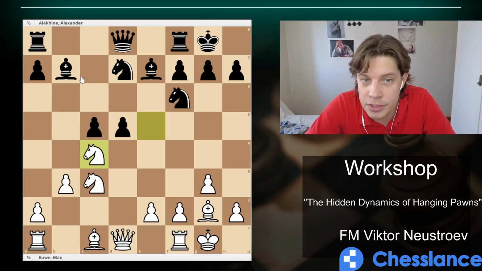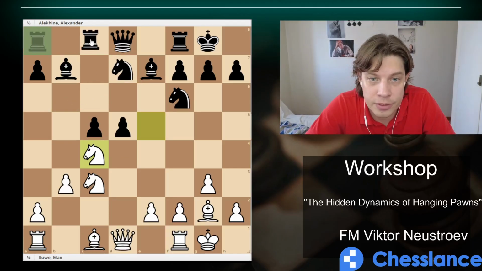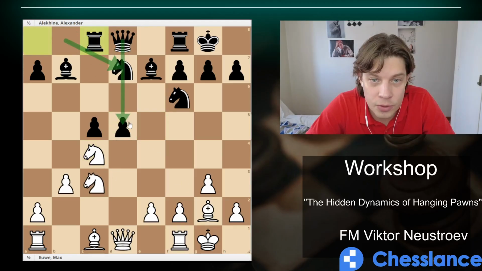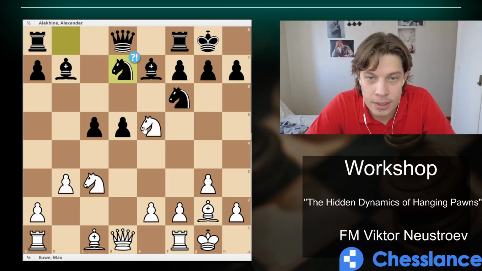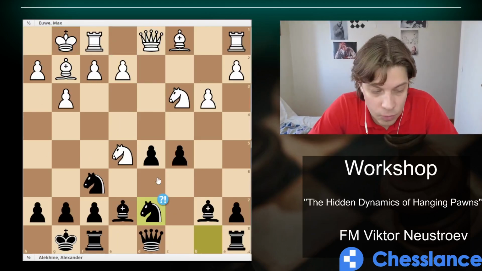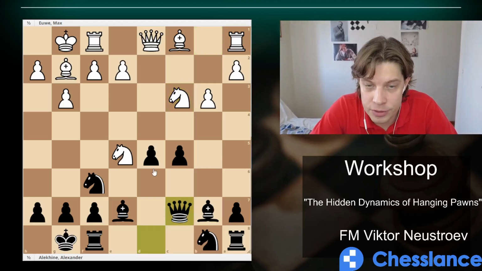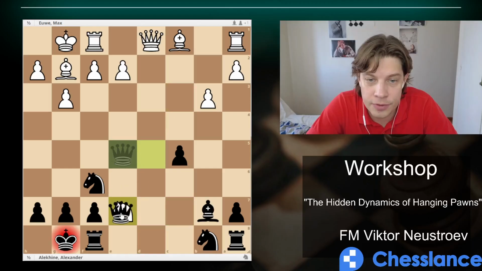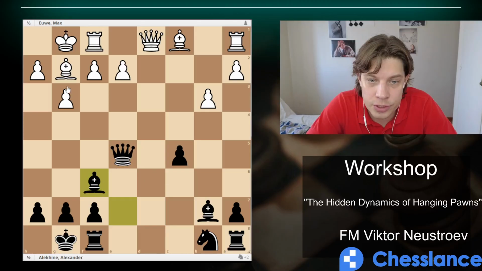If you don't play knight b6, but let's say you play rook c8, for example, they simply take the pawn on d5 for free, because with knight d7, you block the queen. That's why you could play queen c7 first and not miss it. Now, if this, you take on e5. So knight d5, queen e5, they take on e7, you take on e7 and protect on b7. If they take on f6, you take on f6, and after